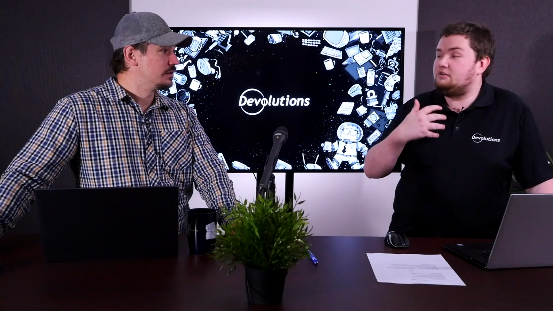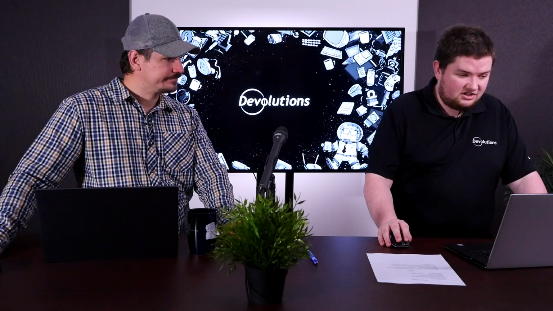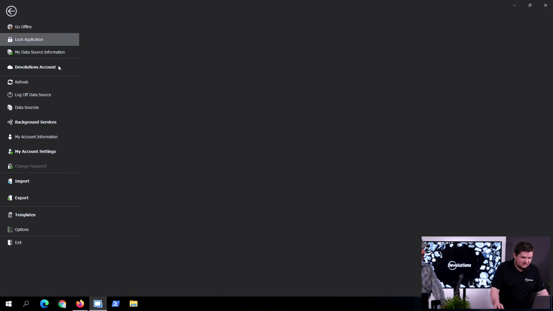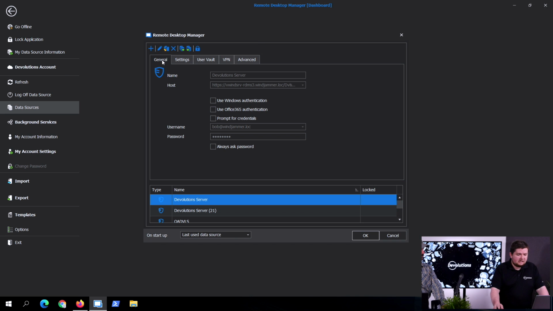Yeah. So being able, obviously, to launch sessions without revealing the password is critical. So that's really cool. We speak in terms here of account brokering. So the essence of the Enterprise Edition of Remote Desktop Manager is exactly that. Being able to launch a session without revealing a password. If I go in the File menu here, Data Sources, if I add a new data source at the top